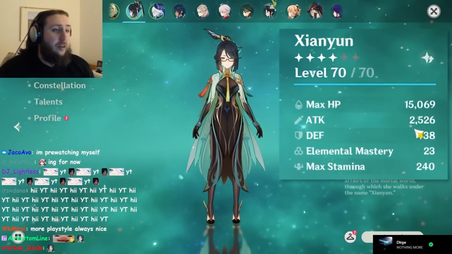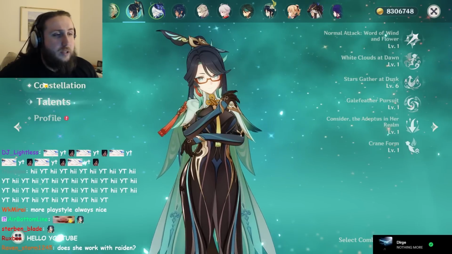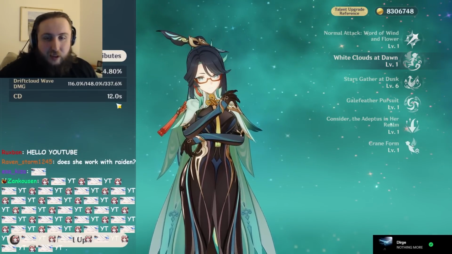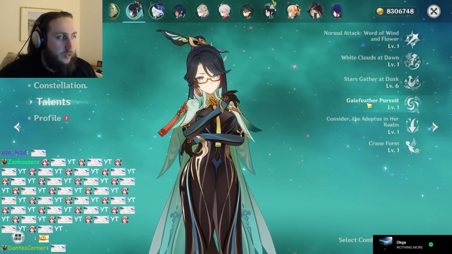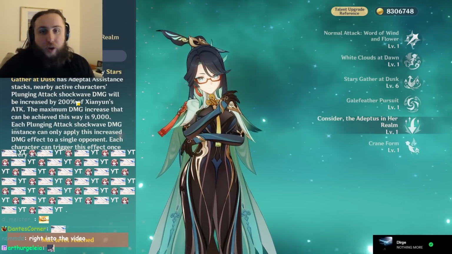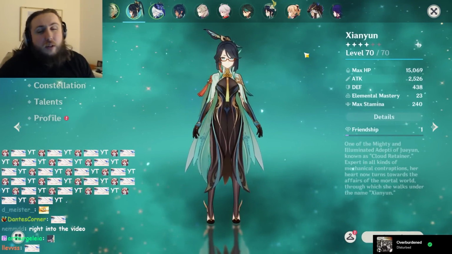Right now, I have her at level 70 out of 70, balance 116, because when it comes to her damage, her personal damage is really, really bad with this. Like, it's not very good, so it doesn't matter that much. Most of the damage that you get from her being on your team is obviously the fact that you're plunging, but also this,